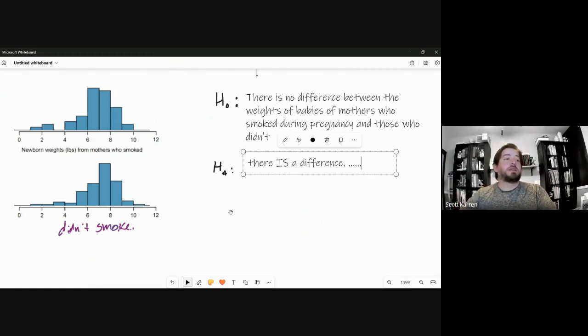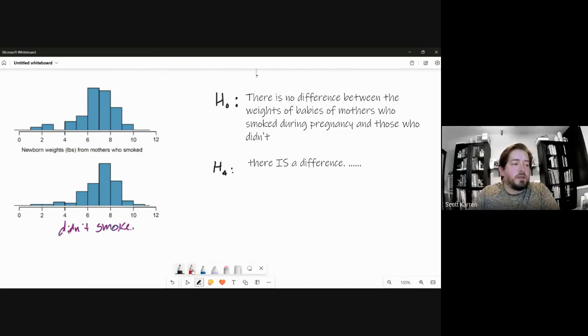All right, so what does that mean? In words, that's all well and good. What I want is in mathematical notation. H naught is then that the mu, the population mean of mothers who didn't smoke, minus the mu, the population average or mean of the mothers who did smoke,